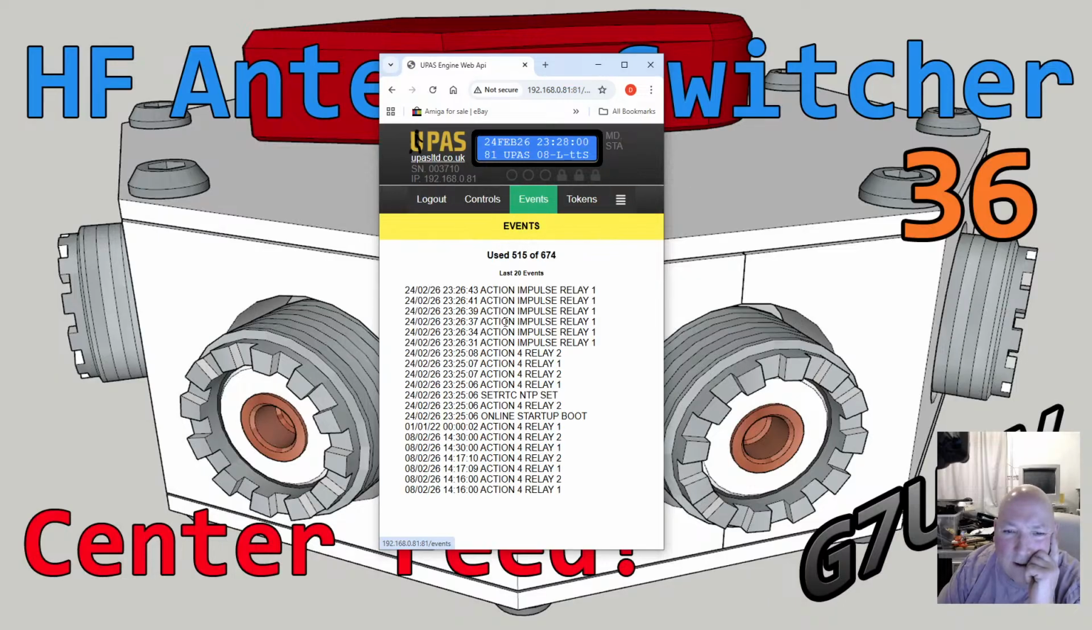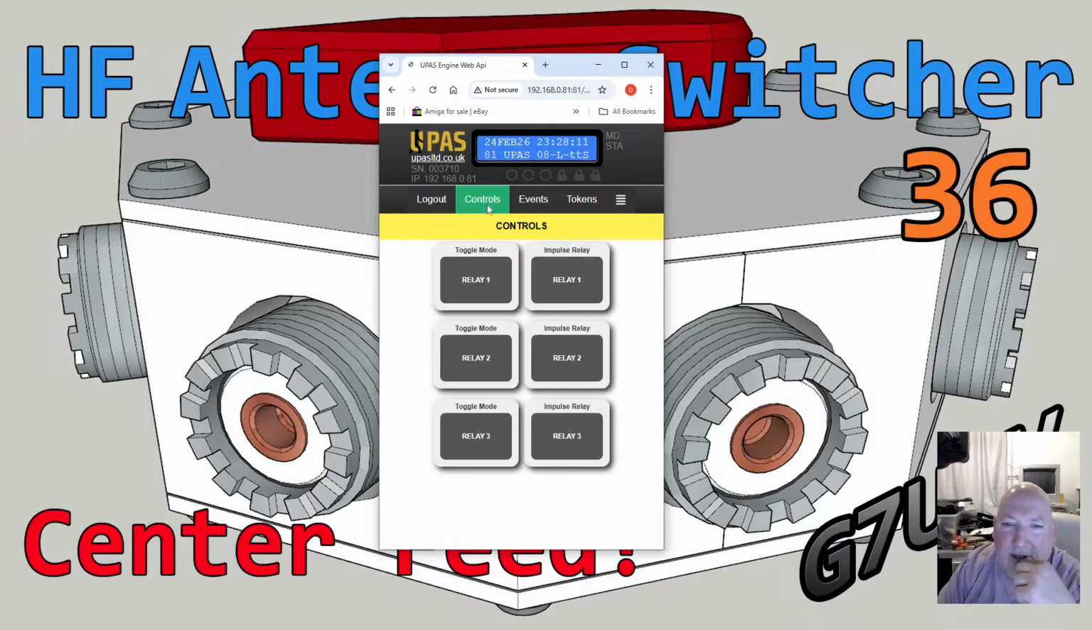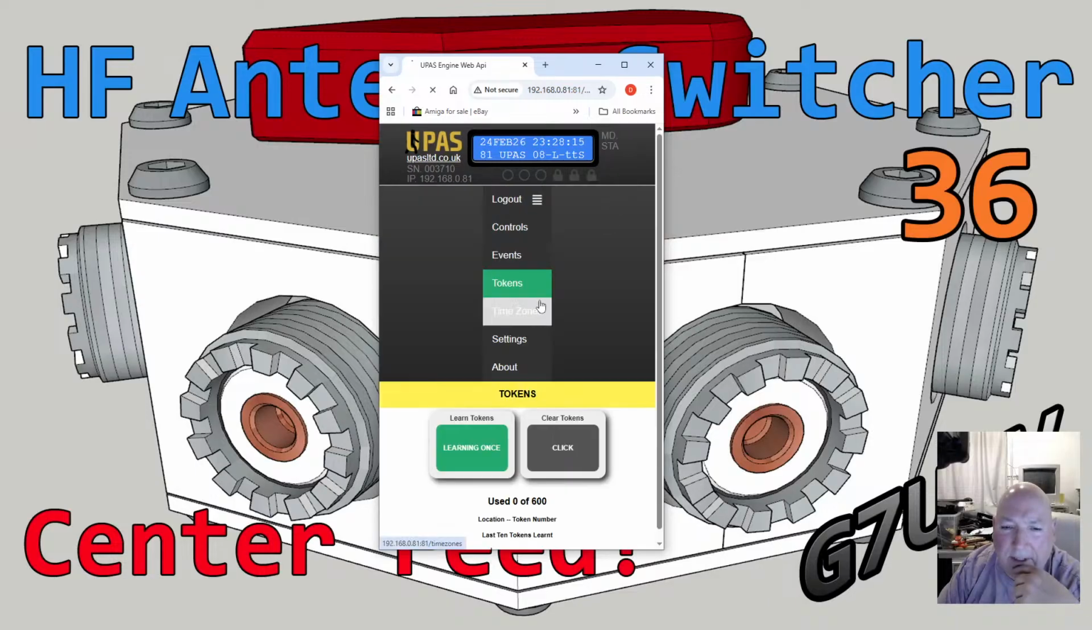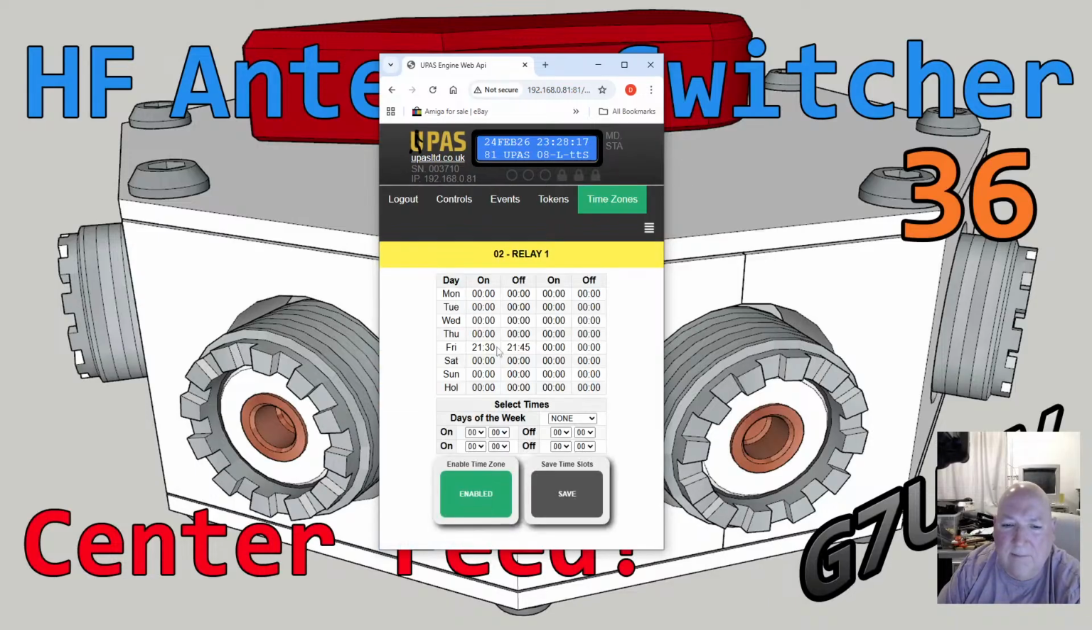So you've got an event log as well, so it's a bit of a data logger. So you can see who's logged in, and which user, if you switched it. So we'd have to strip out some of the stuff, like we've got tokens, we've got time zones. We don't need any of this stuff really, unless you wanted to switch automatically to a channel at a certain time, but you wouldn't want to do all that. So we can strip a lot of this stuff out,